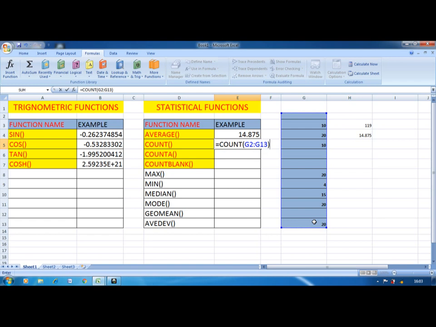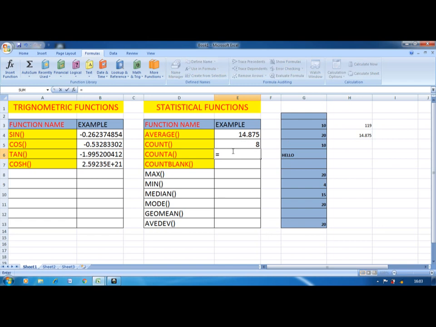Here the total numbers are 1, 2, 3, 4, 5, 6, 7, 8. So 8. If I type any text, like hello, it doesn't count the alphabet. It counts only those cells which contain numbers.